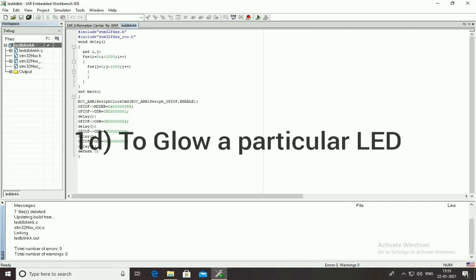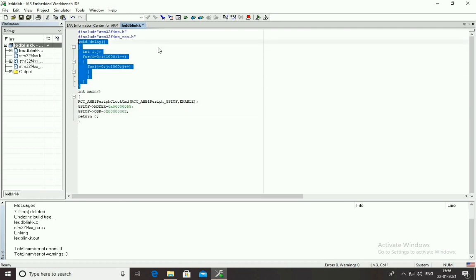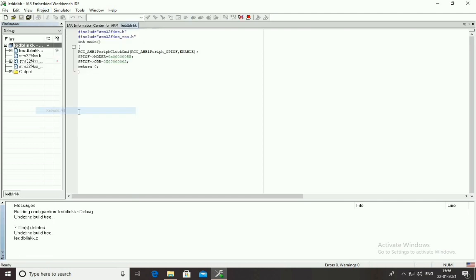Next you have to glow a particular LED. For that, there is no need for any delay, so delete the delay function. Save it and go to project, rebuild all.